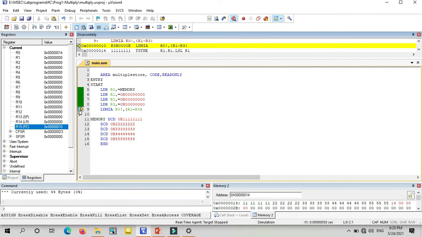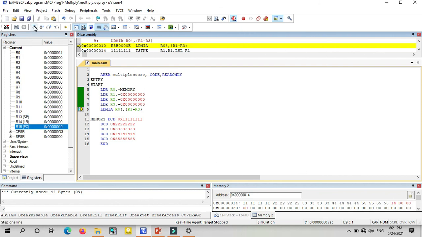Now your program counter is pointing at the LDM IA instruction. What it does is load the data from the R0 memory location. What is that? 11, 22, 33, 44, 55. I have five data items there. In that I am taking the first 3 data to the registers R1 to R3. How? First it loads the data from the memory, then it is incremented by 4 locations. That is the meaning of LDM IA.